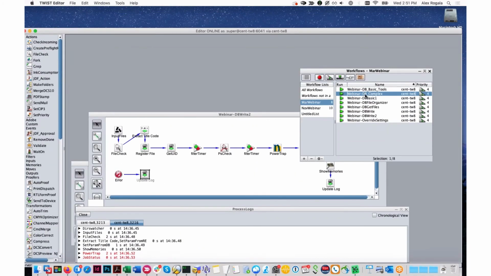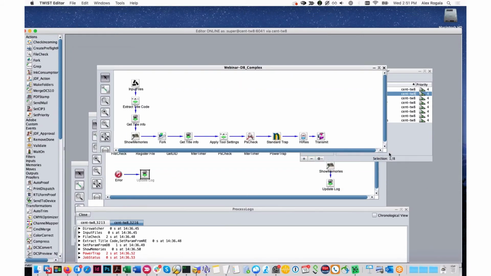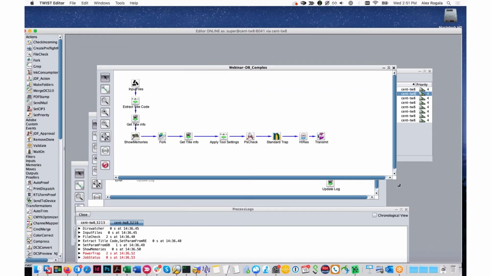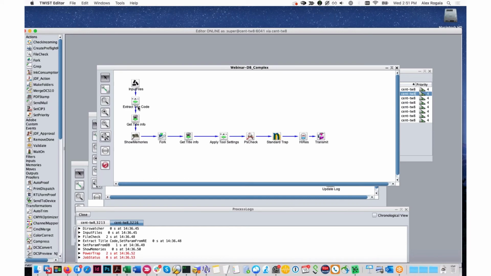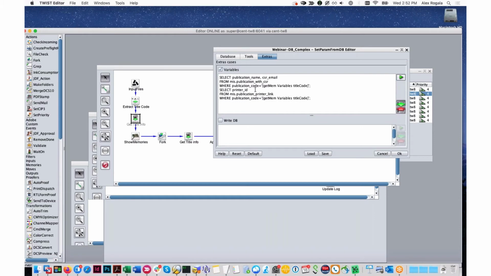Now I built a workflow that uses this. So I'll do webinar DB complex. Same procedure, we come in, we're grabbing the title code out of the file name. Same sort of basic procedure we were doing last time here. I'm running two separate queries in here. The first is grabbing the